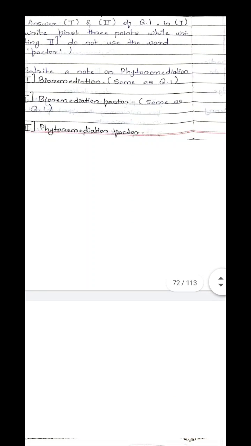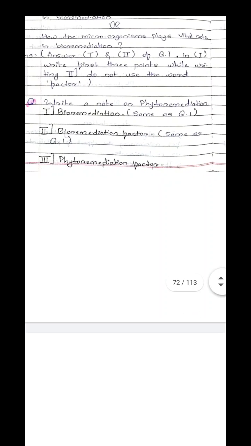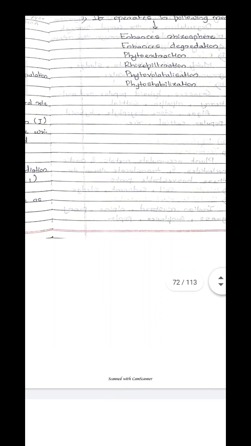So in phytoremediation, first of all you have to write about the bioremediation, then bioremediation factors, and go through the phytoremediation. Using plants for minimizing the effects of pollutants and contaminants is called phytoremediation. And phytoremediation operates by different means, that is enhanced rhizosphere degradation, phytoextraction, rhizofiltration,